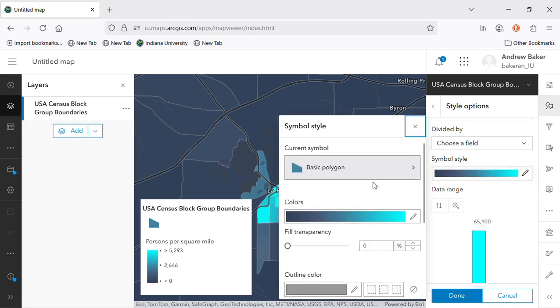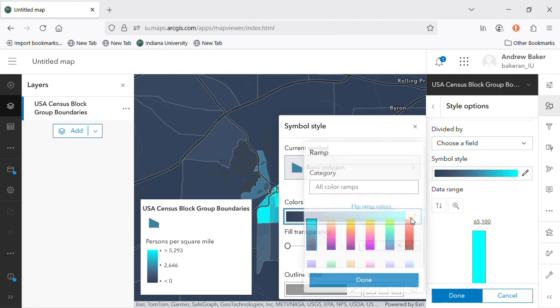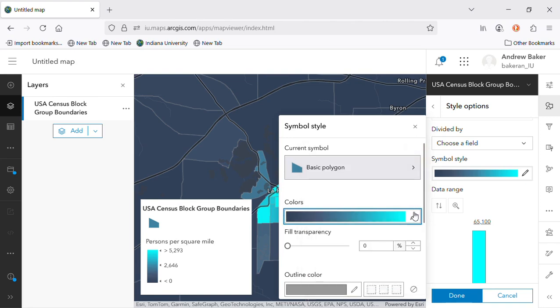It's cartography. I encourage you to take my cartography class in the spring, and I'll talk more about this in that class. But we typically think of brighter things being lower values and darker things being higher values. So we actually, in this case, would probably want to flip this ramp. So I want to flip this ramp, and so what I just did was I clicked on this pencil right